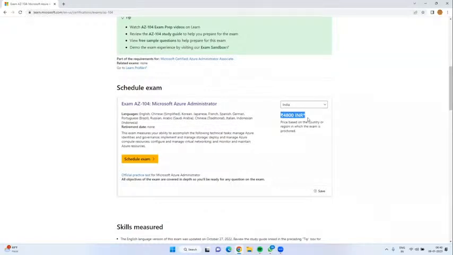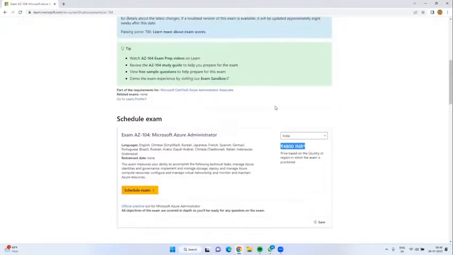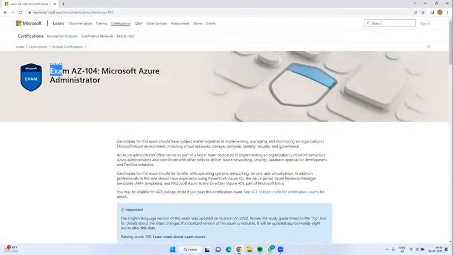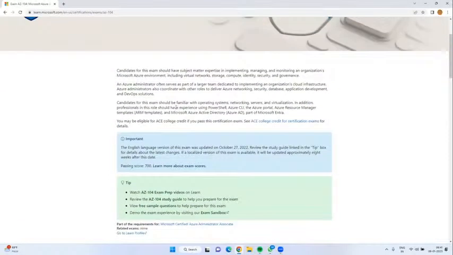So any Microsoft Azure certification costs about 6,000 including GST. You can add 18% GST to this 4,800 and you will get around 5,900, around 6,000. This is about Microsoft Azure administration.